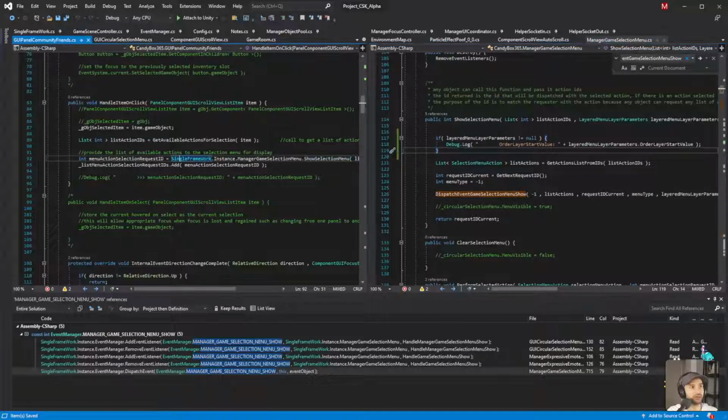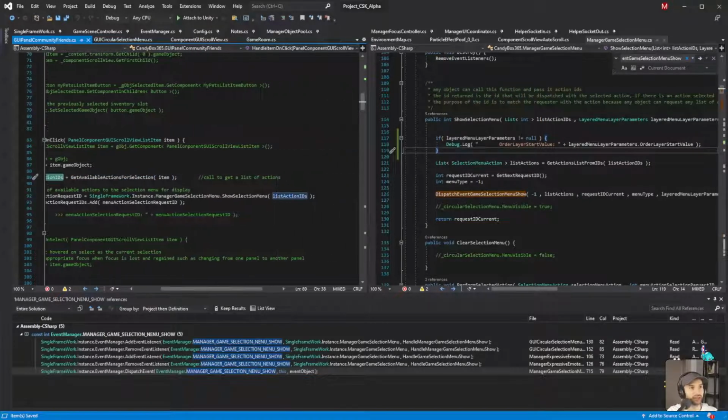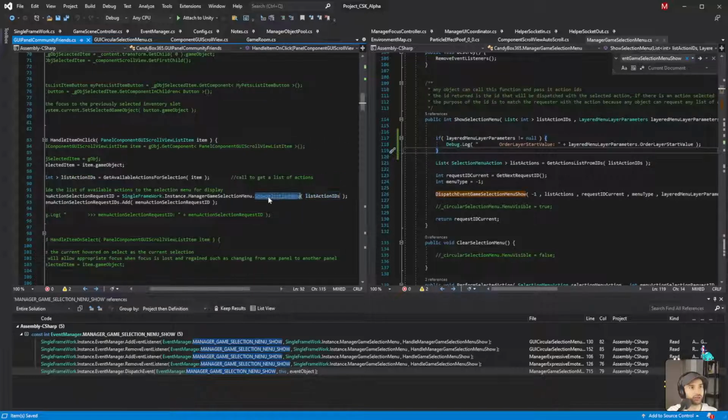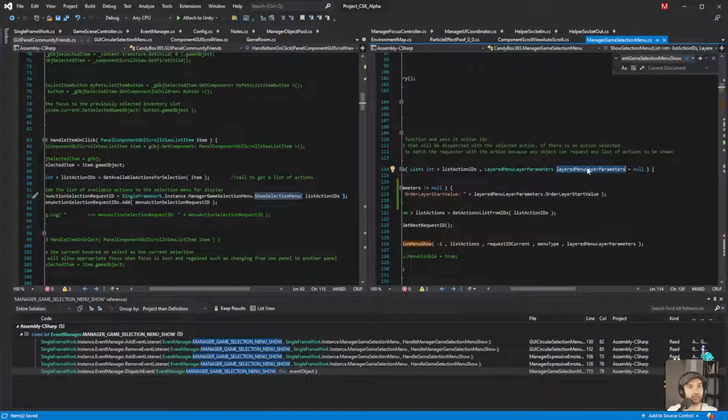So from here on the friends, when we handled a click event, right, we got the actions, which is fine. We got the action IDs, which we pass in, but what we're not doing is passing in a parameter. So it's being defaulted.